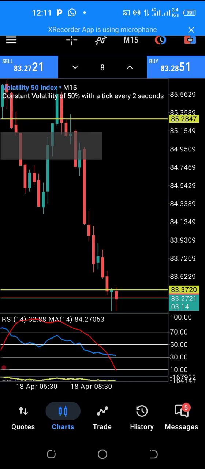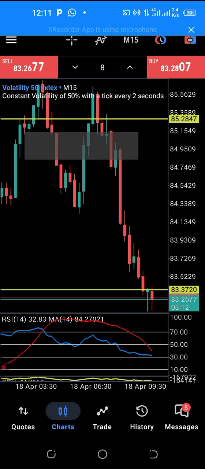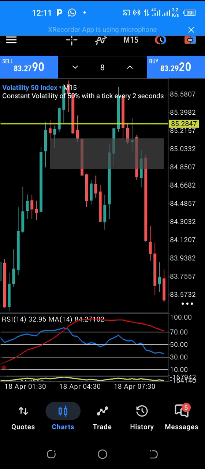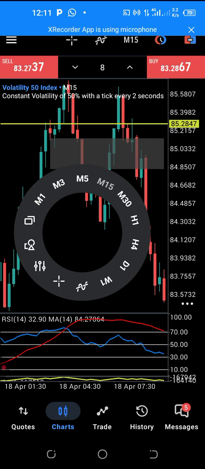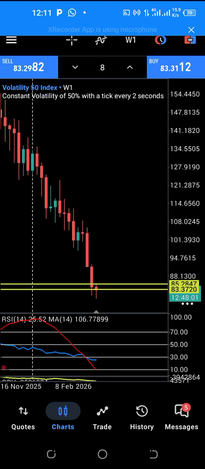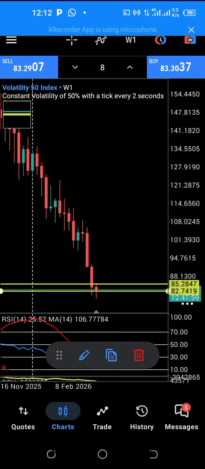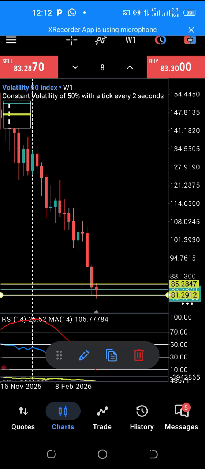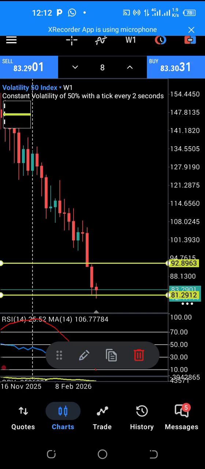So at this point, what am I supposed to do now? I'll go back to the 4 hour time frame to look at the structure. Now on the weekly time frame, there is this liquidity grab that has happened here already. So today is Saturday, and at midnight today, this candlestick is going to close. And once it's closed, we'll be having a candle range low and a candle range high.